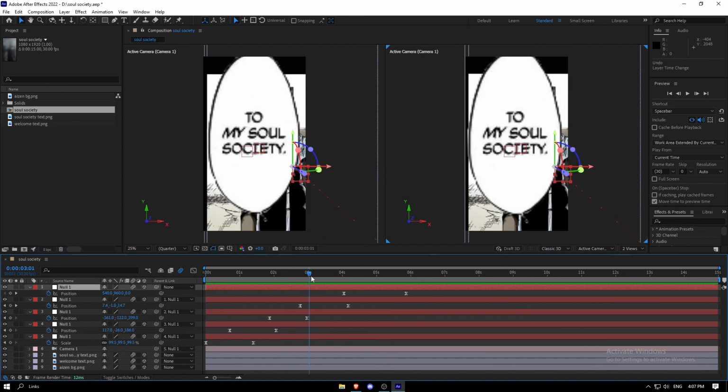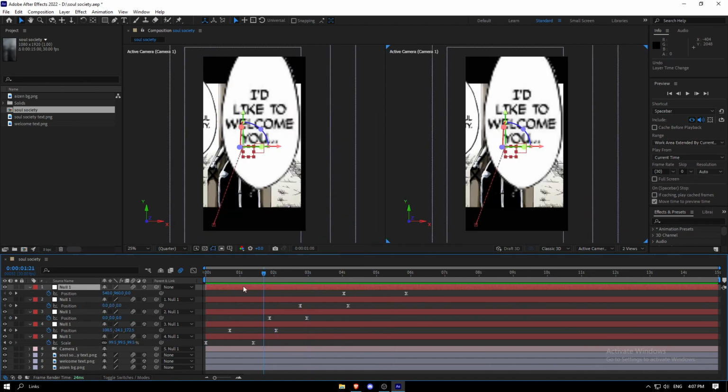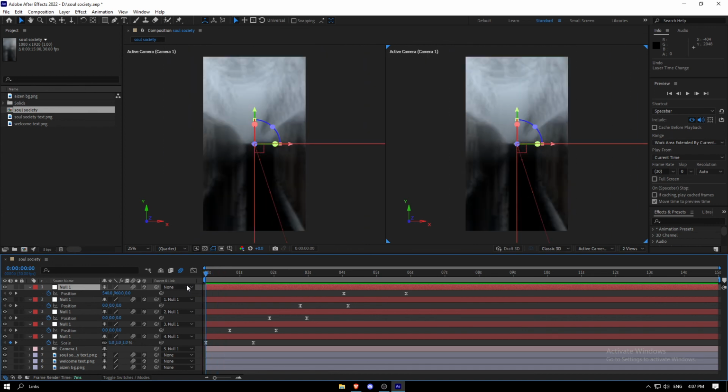So that's how you do the 3D animation on the manga panels and how you make them look different with